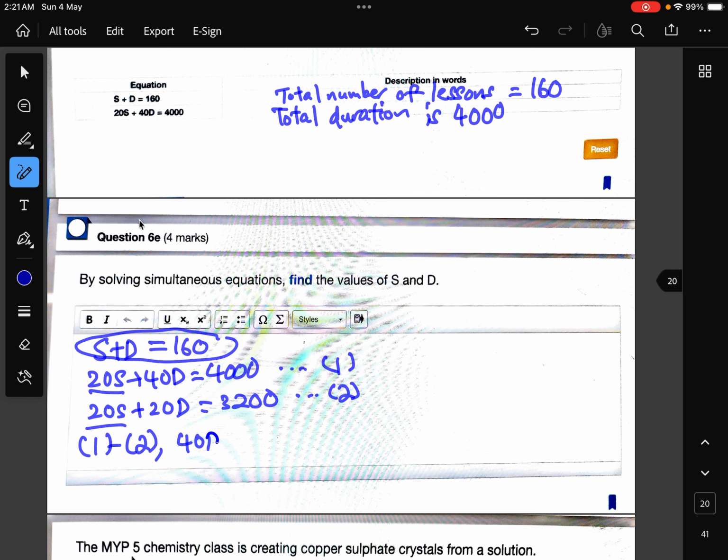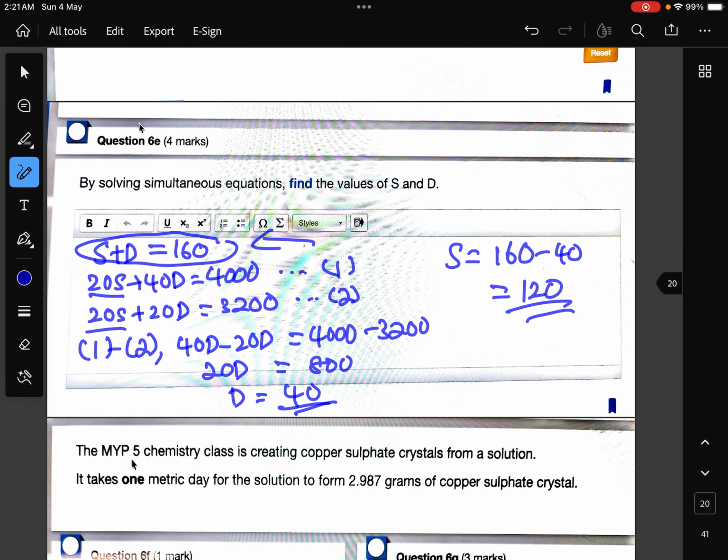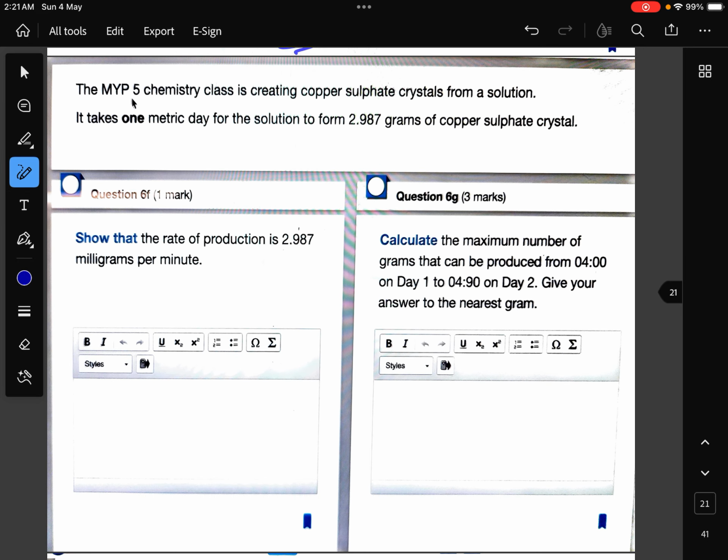So I'm going to get 40d minus 20d equal to 4,000 minus 3,200. So that's 20d equal to 800. So d would just be 40. And we can easily find s by substituting it into this equation, which is 160 minus 40, which is 120. Okay, and simultaneous equations are usually very common in the E-assessment. Okay, so let's look at the next question for 6F, which is simply just a mark, and the question is